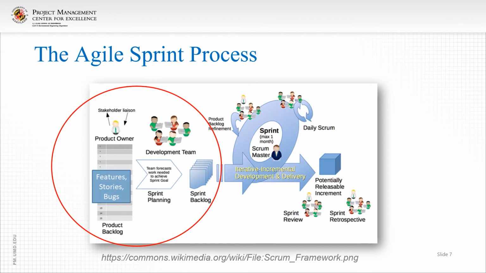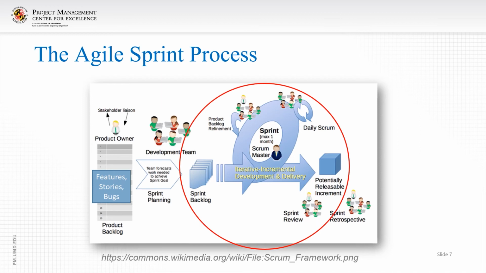And they're going to pick what parts of that list can group together into a shippable piece of product or a shippable increment. And if they can do that, they're going to go ahead and put together what's called the sprint backlog. So they focus on what's needed to achieve a sprint goal, and they come up with a sprint backlog to be accomplished in that 2 to 4 week sprint. Then they move on to execution.